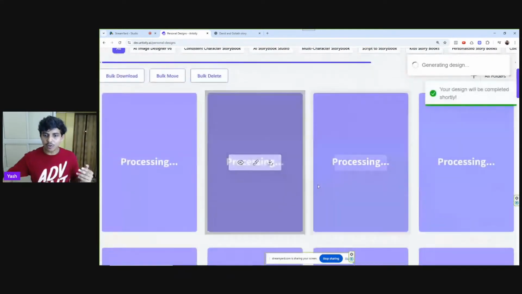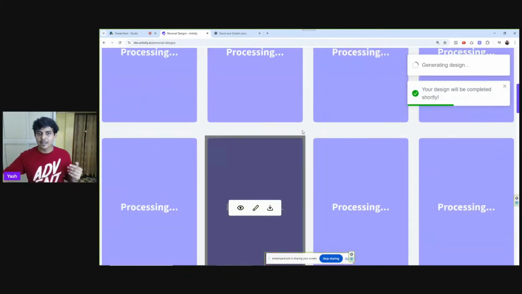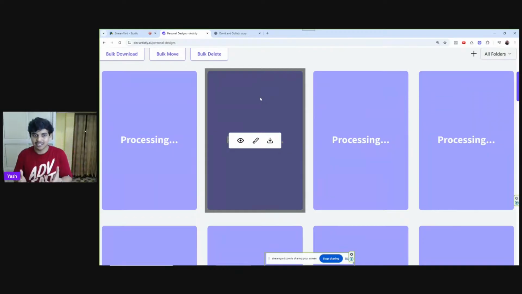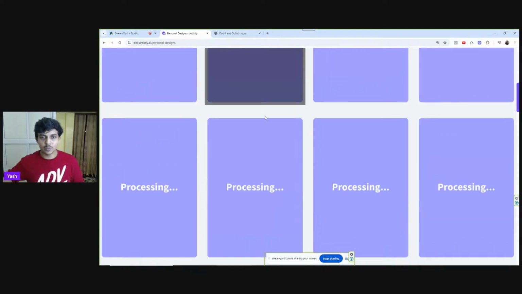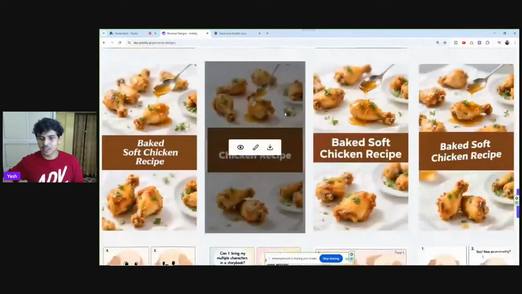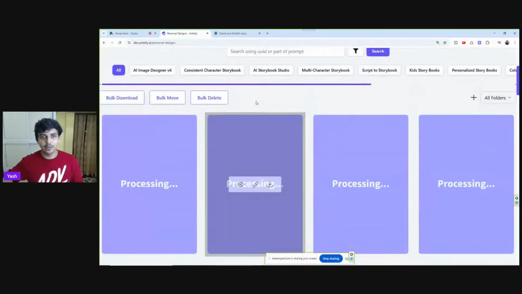So how it is so powerful, guys, is that you can control. The more things you can control, the better it is, because you might not want that character in that way, but AI keeps designing it the wrong way. You can give it more control. I don't know if you are using this. This is something really cool that I have seen. The idea is it's going to give you results like this. So let me actually go there.